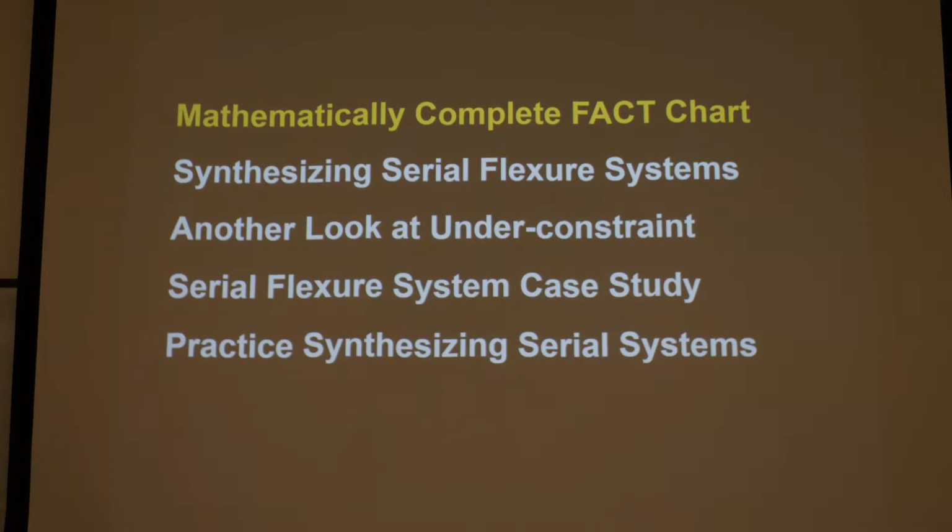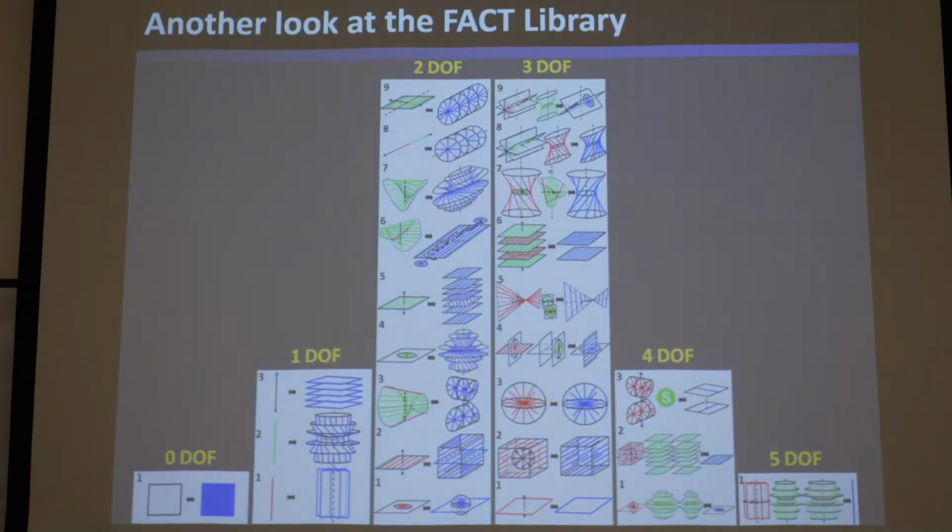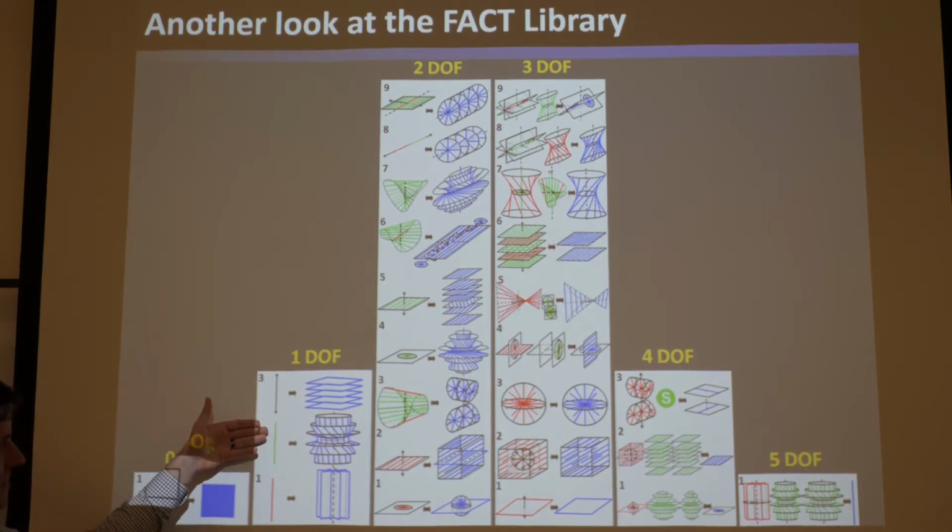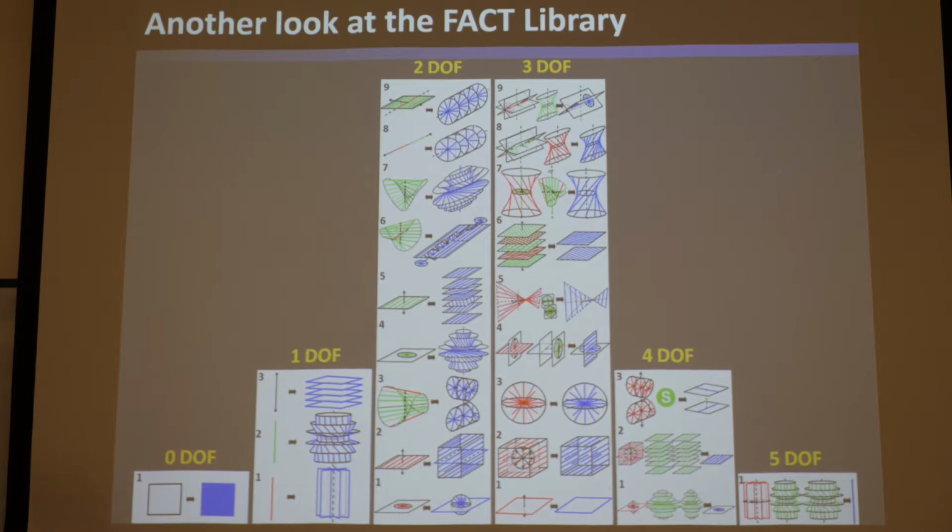Okay, so you'll recall the mathematically complete fact chart. So this was the chart I told you. This contains all freedom and constraint space types that pertain to designing parallel systems. And you know that freedom spaces contain rotations in red, screws in green, and black translation arrows. And so you see them populated with all these. But you notice up to this point, we haven't shown wrenches that are orange or pure